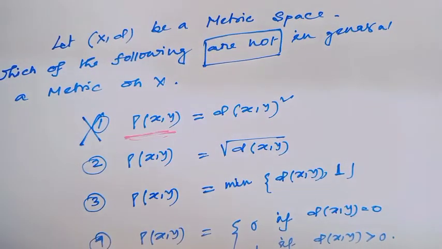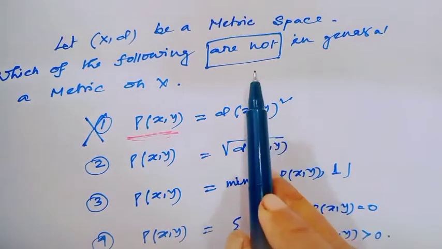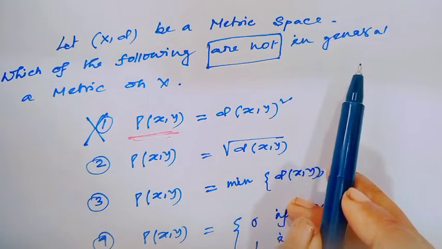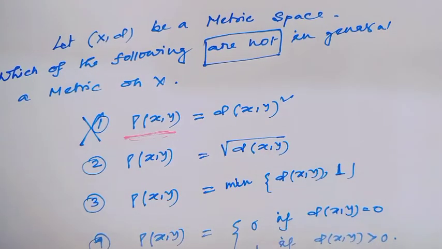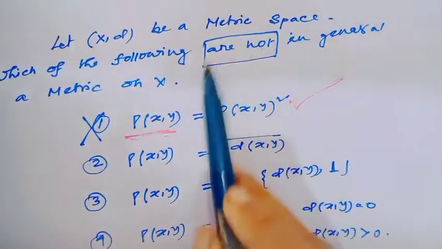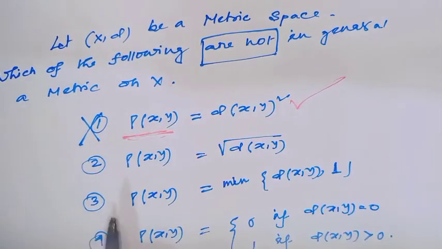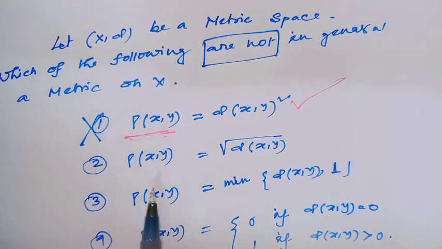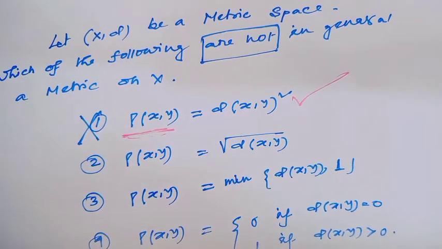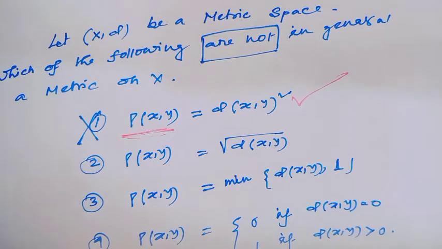Are you getting it? The question asks which of the following are not a metric on the set X. That means option 1 is actually the right option, because the question indicates "are not". Option 2 says rho of xy equal to square root of d of xy. This is obviously a metric, because